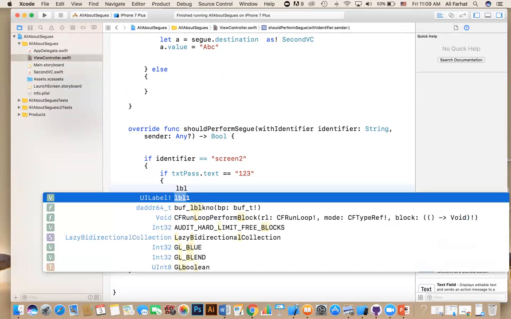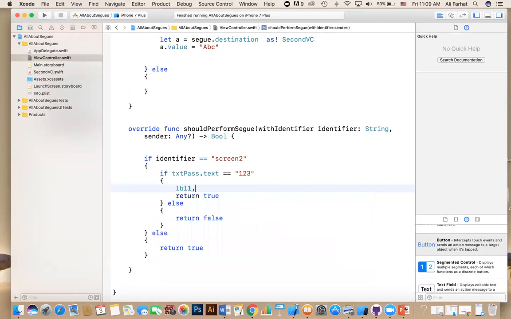And I'm going to update the label. It says lbl1.text, say try again, equal try again. Okay, it's like that. Now watch what happens. If we run it,